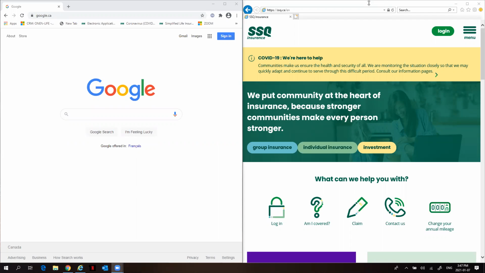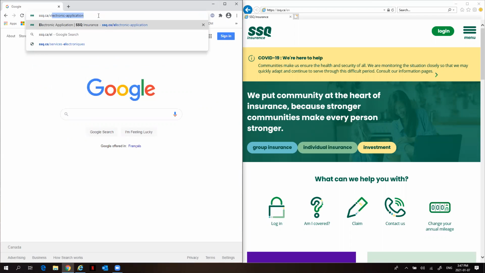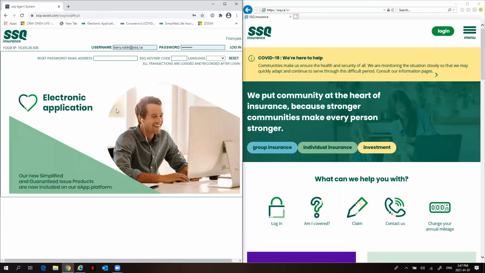In order to access our electronic application, you'll need to open up a web page and enter the URL ssq.ca/electronic-application. This will bring you right to the landing page where you have access to logging in in order to complete the electronic application. Once you arrive on this page, you would click Login, and you will now enter your username